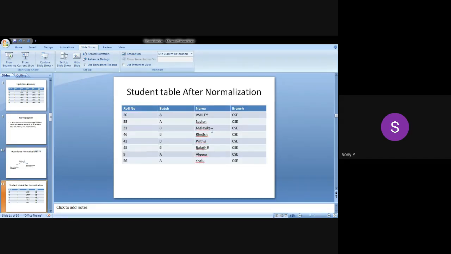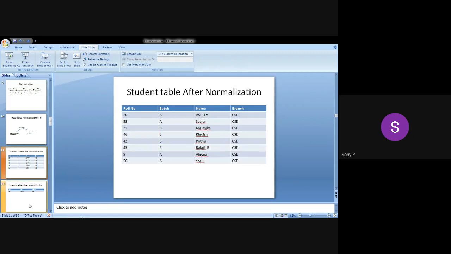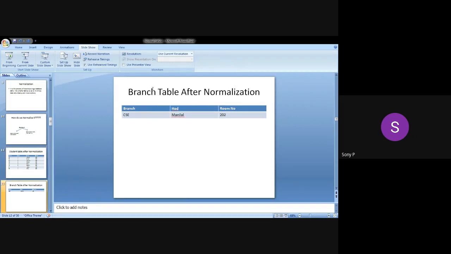So this is the student table after normalization with roll number, batch, name and branch, and the branch table after normalization contains only a single entry. That means only a single branch name is present in the previous student table. So we need not enter the branch information repeatedly for all the students. These 8 rows of information are reduced to a single row here.